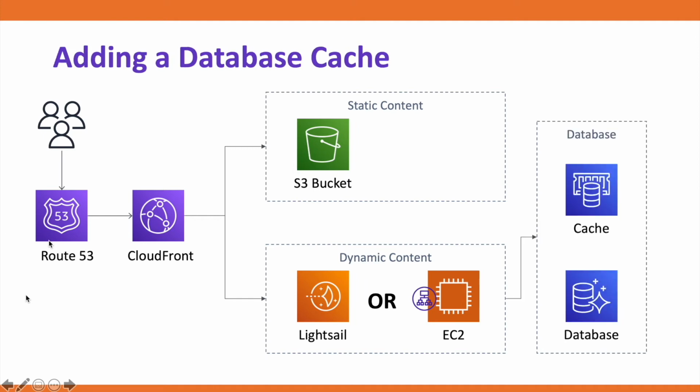The next thing to improve the performance is by adding a database cache. This is limited to users who are already using a separate database. It significantly reduces the latency and increases the throughput for read-heavy applications like WordPress or news sites. The queries are largely served by the cache, which decreases the latency as well as reduces the number of hits on the database and the associated cost of running the database.